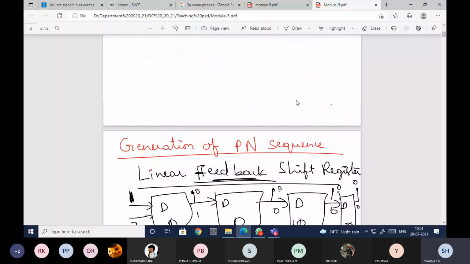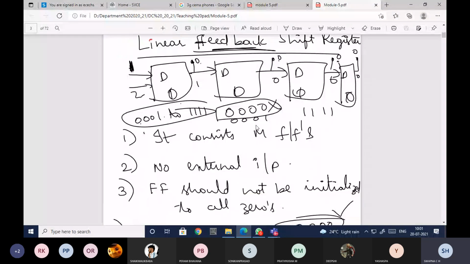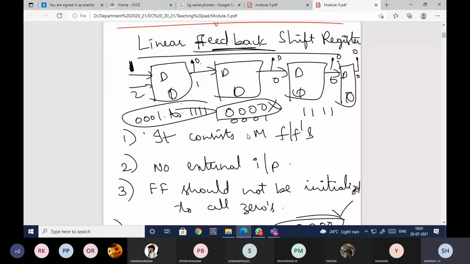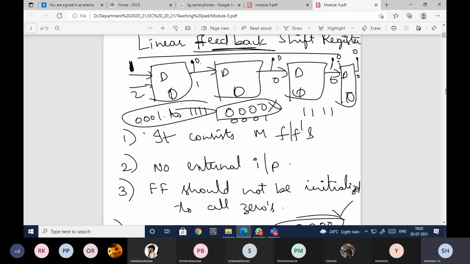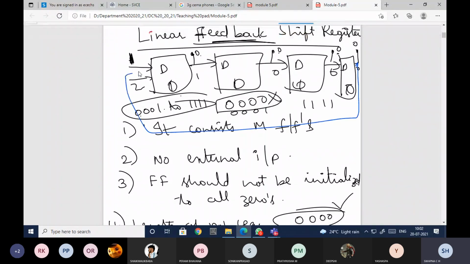Now, see here I'm saying that we'll be generating the PN sequence. So how exactly are we doing it? For that we have to use flip-flops, and the flip-flops will not have any input. Instead of an input, we will feed back the signal. Whatever signal is obtained at the output here, I will give as feedback to the input itself. So that is what feedback means.